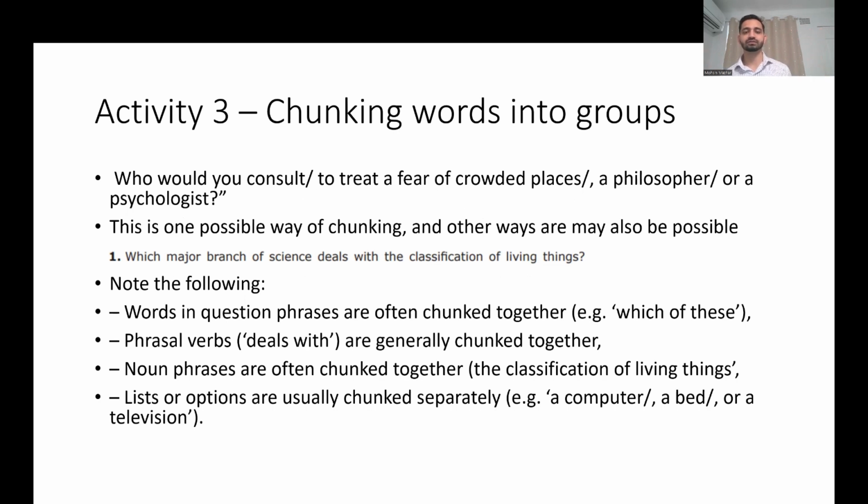For example, you can see the first sentence here is, who would you consult? That is one. Who would you consult? That's one. Without any pause, I'm going to say, who would you consult? Then I'm saying, to treat a fear of crowded places, a philosopher or a psychologist. Okay. So here, obviously, you can see one possible way. Let me make this point as well, that there is more than one possible way